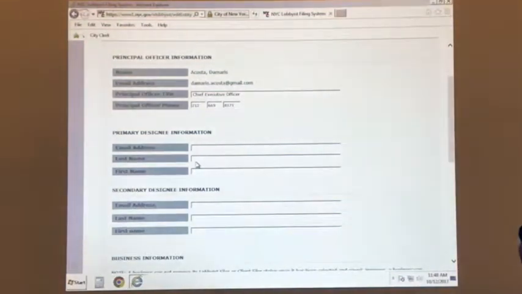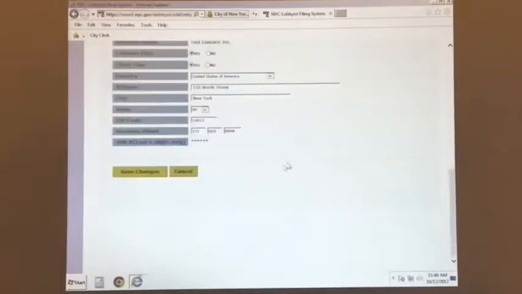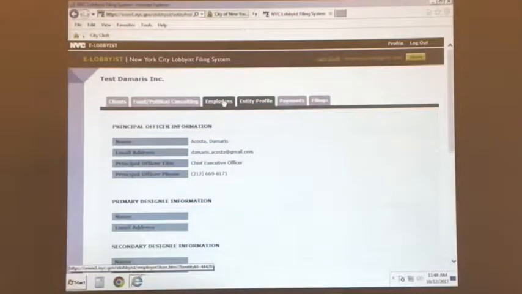That designee will then get an automatic email from the system to create their own account. You cannot forward the automatic emails from eLobbyist. It corrupts the links. So if, let's say, Mary Jane forwards this to her secretary Stuart, it's going to be corrupted and Stuart won't be able to do it. So just keep that in mind. We know that everyone shares passwords and IDs. It's against the lobbying law, so we take every effort to prevent you from doing that, okay? This is the entity profile tab.